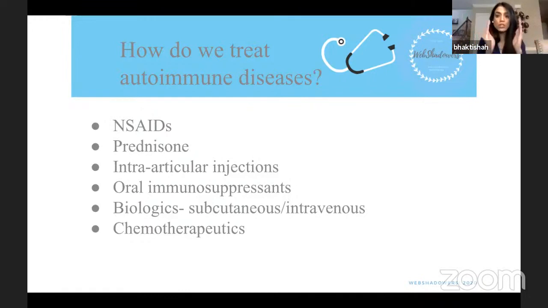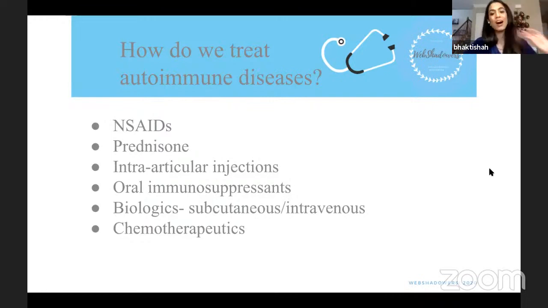We only use it in a short-term setting to bring down the acute inflammation while we are working on getting a workup and then figuring out what the next step is. A question I believe just popped up regarding steroids. So what is it about steroids that decreases inflammation? This is a very great question, and I could probably spend a whole hour talking about prednisone.